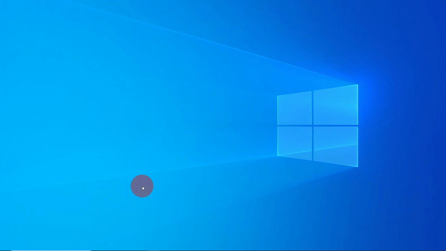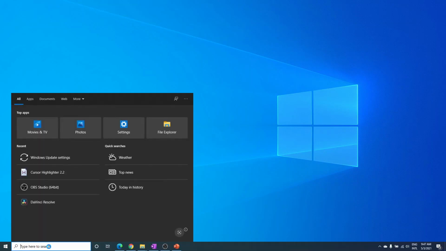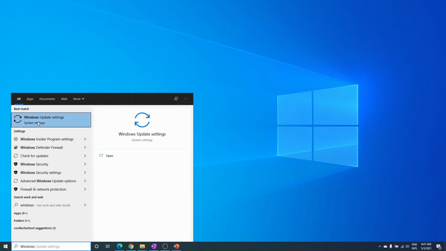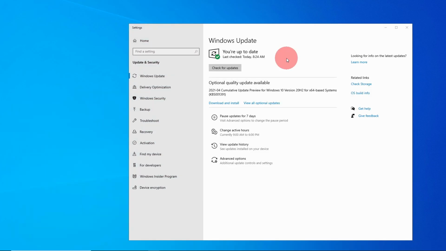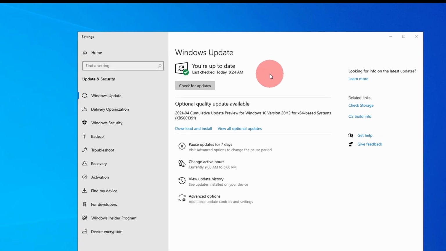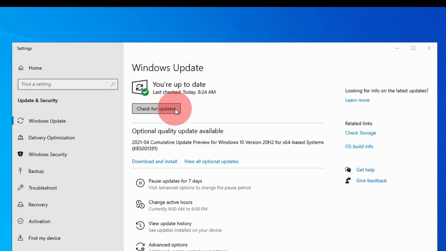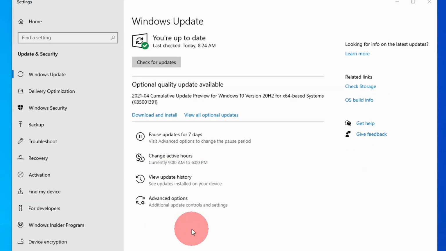To make sure your Windows is up to date, go to the search box and start typing Windows Update Settings and click on Windows Update System Settings here. Once you land on the Windows Update Settings page, you can check for updates here and also see the last checked status right here. You can schedule Windows Update on regular basis at a time convenient for you using these options here. I have included a link to a short video on how to manage your Windows updates in the description below.